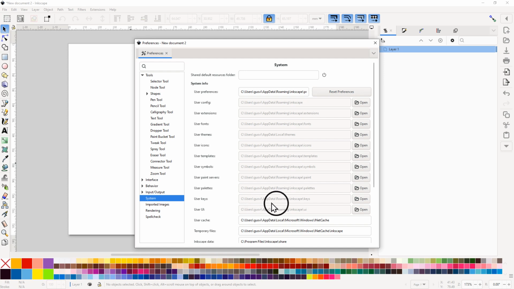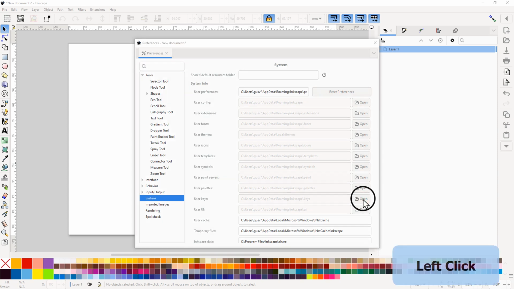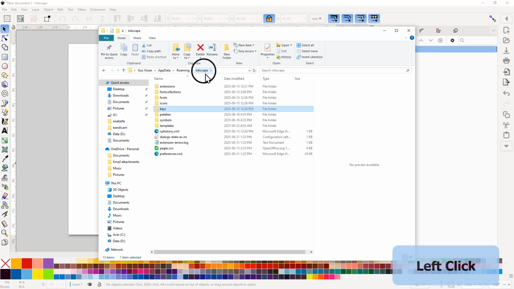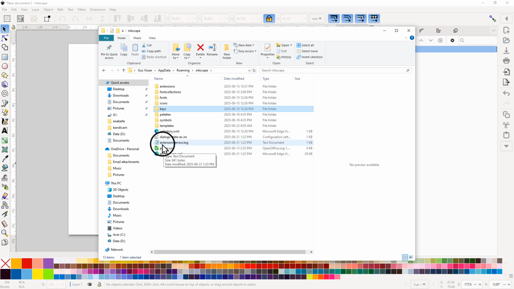Here we see a location on your computer, and all you need to do is click one of them to open. Then we can go up one level. Instead of going to the last one, I'm going up one level, and we can find the file